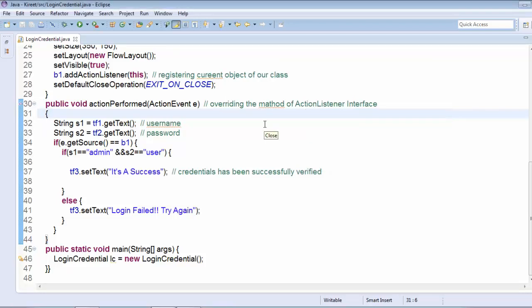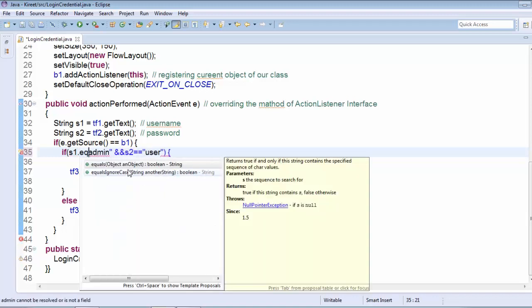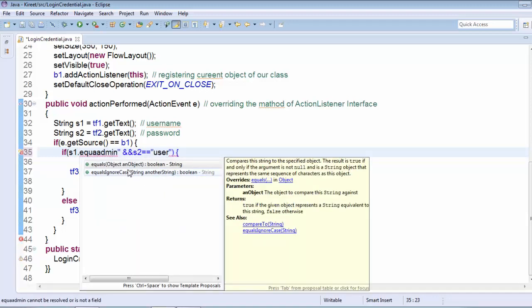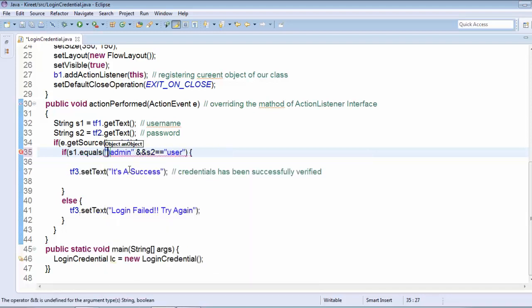So let's try to resolve the problem. I am committing a mistake here, and this mistake is also committed by some of the students that are getting this login failed. What we are doing is comparing the references, we are not comparing the string in this case. So what we have to do is write s1 dot equals, and inside this we have to write admin,